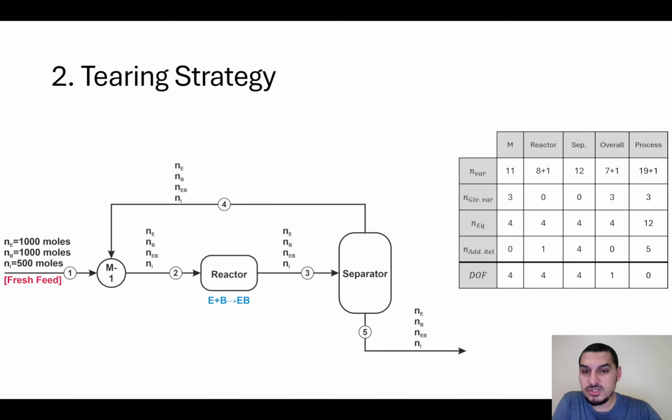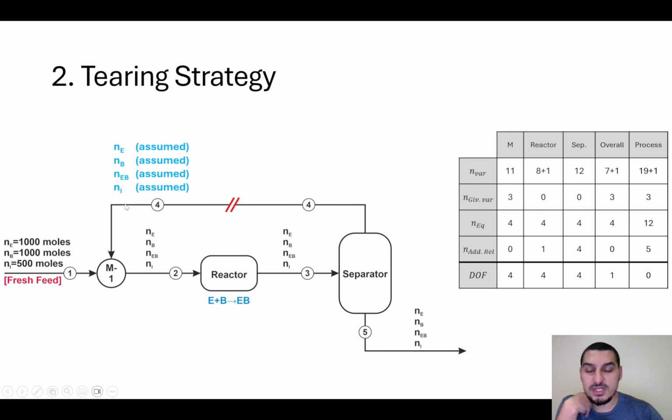So the tiering strategy is a strategy that depends on trial and error, meaning that you will assume something and then you will recalculate it. So what we do is we cut one stream in this loop, which would be stream number 4, for example, and I will have 2 values for the components in stream 4. Of course, this is for the solution. This is what we do for the solution. So I will assume some values for the components in stream 4, and I know these values are